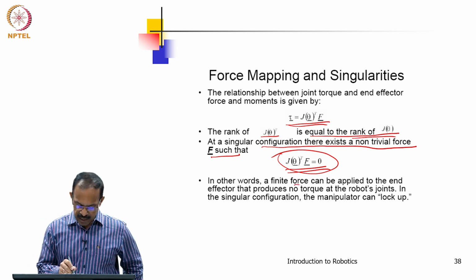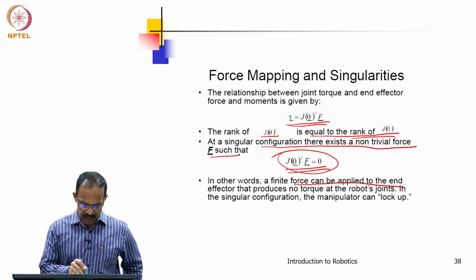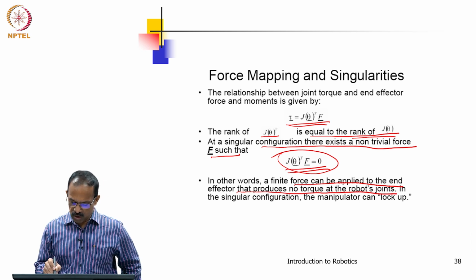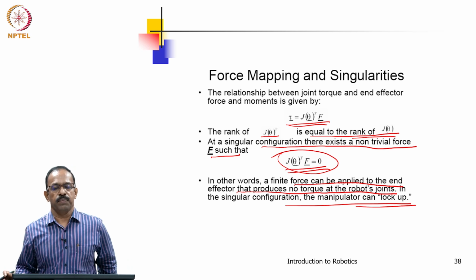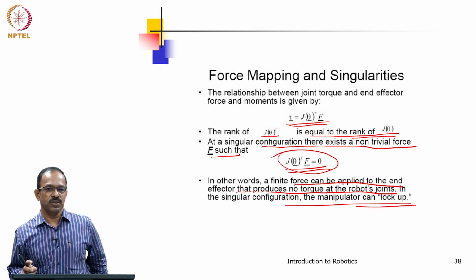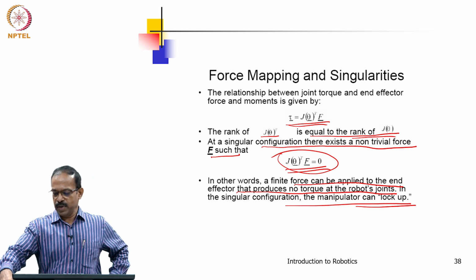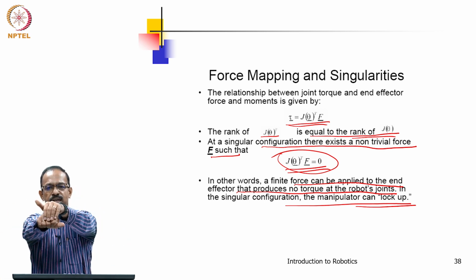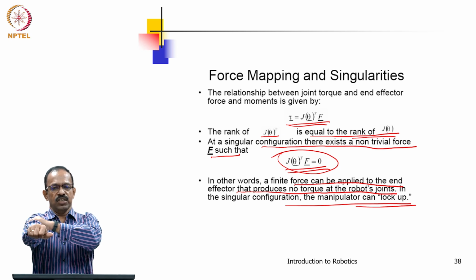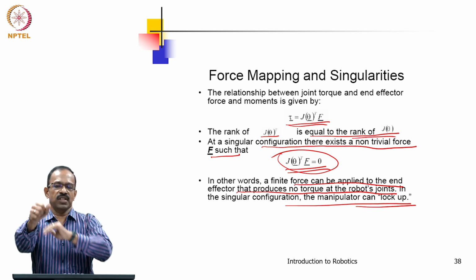In other words, a finite force can be applied at the end effector that produces no torque at the robot's joints, and this is known as the robot lockup. That is, you can apply a force. Suppose the manipulator is like this and a force is applied here, no torque is generated at the joint. That kind of situation is known as a